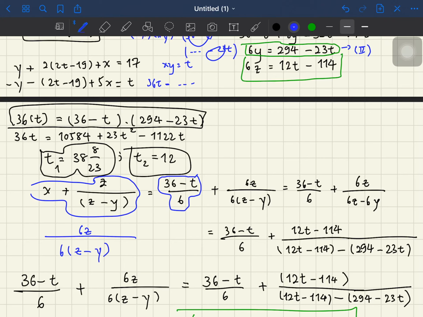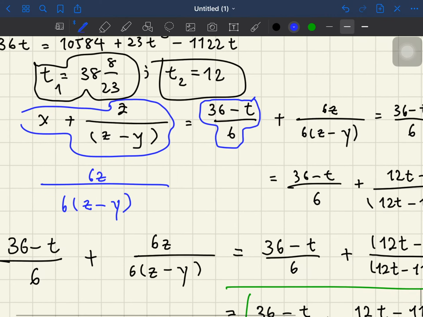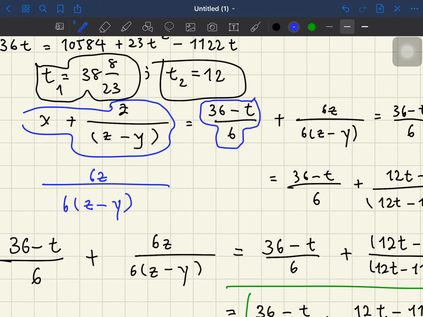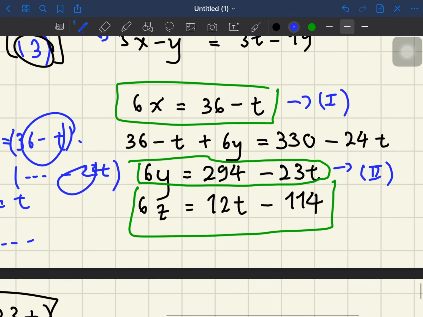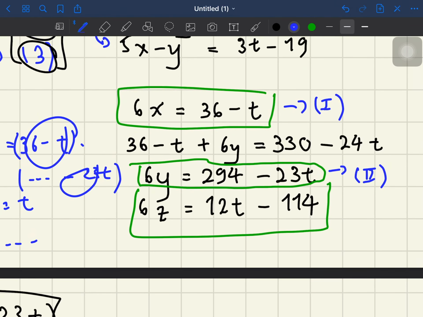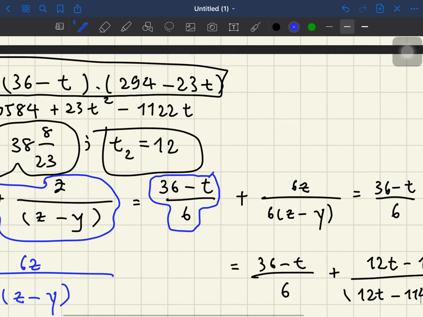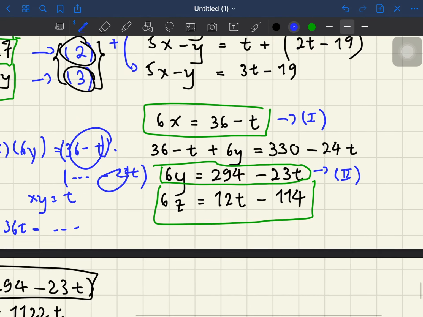You can treat the 6 as a common factor which might cross out, but I just want to multiply each side by 6, because we already have the 6y and 6z, and that's the purpose of getting the function of y and z. I transform y and z into 6y and 6z, instead of using y and z, and then I can just substitute